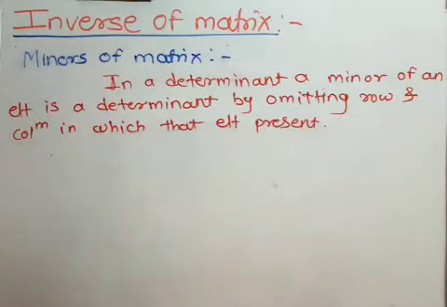Okay, I repeat, in a determinant, a minor of an element is a determinant obtained by omitting the row and column in